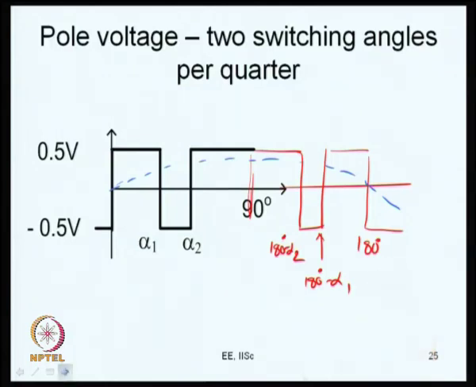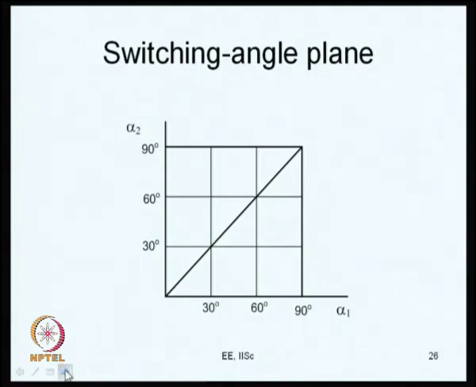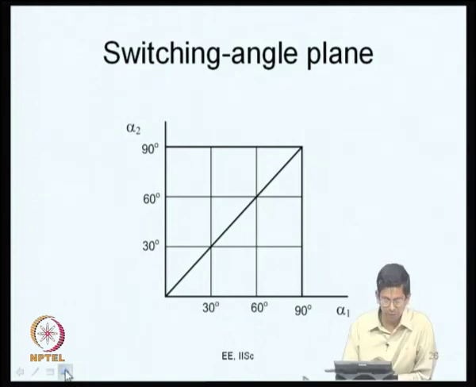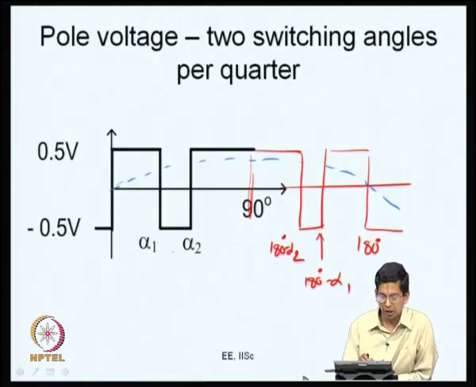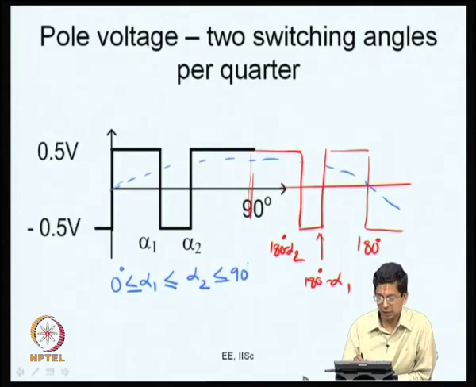All right. So, we are looking at different values of alpha 1 and alpha 2. First, let us see what are the relationships that we have between alpha 1 and alpha 2. Here we have certain things. What is this? You have alpha 1 and alpha 2. Certainly, alpha 1 is less than alpha 2. As a special case, alpha 1 can also be equal to alpha 2. So, this is alpha 1 less than or equal to alpha 2, and alpha 1 has got to be greater than 0 degrees. Similarly, alpha 2 is less than 90 degrees.